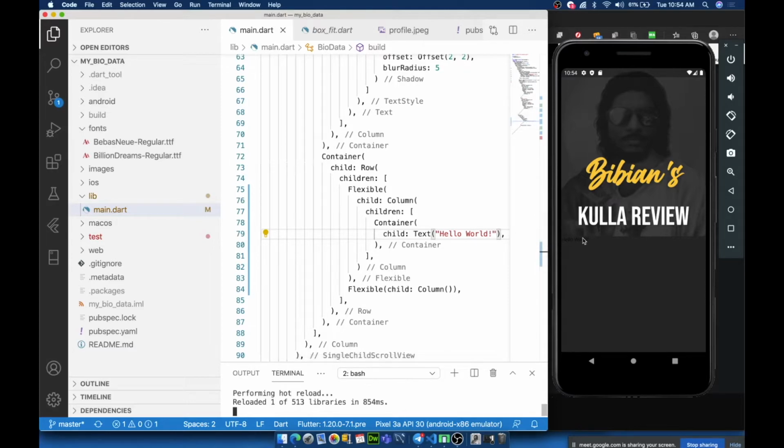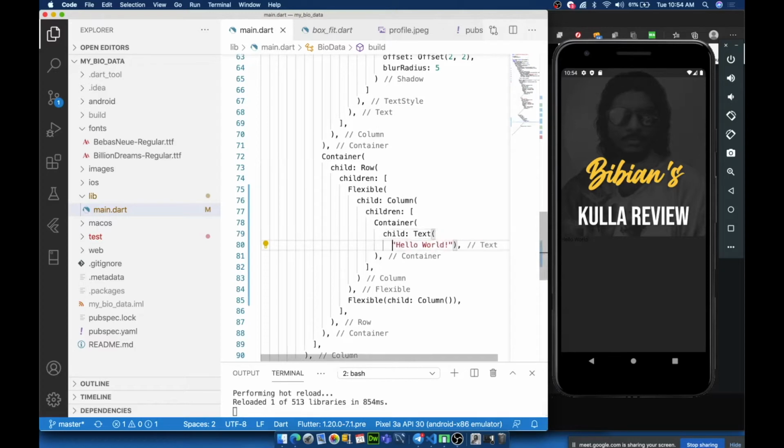Of course, this is not a great design, but we'll make it as good as possible. Let me know once you got hello world here. It's actually here, it's black. Maybe let me change the color for you.